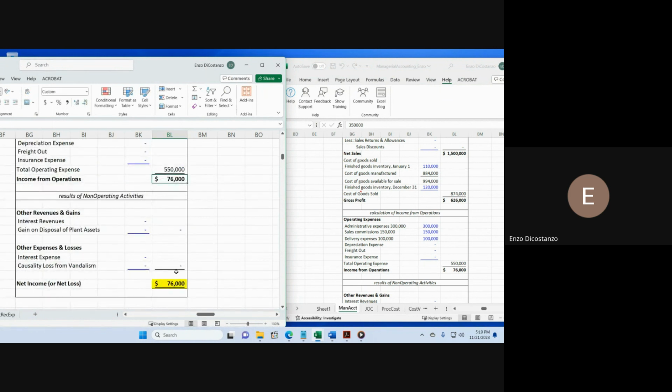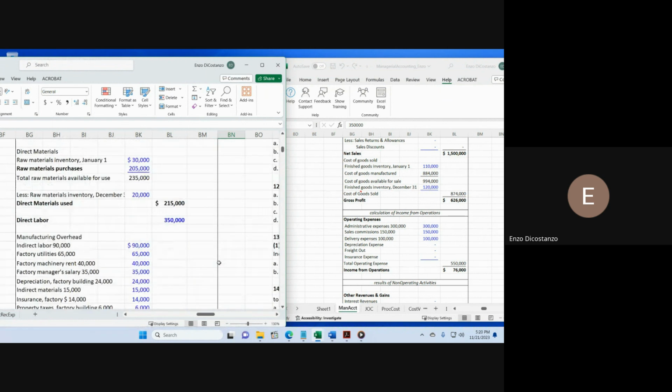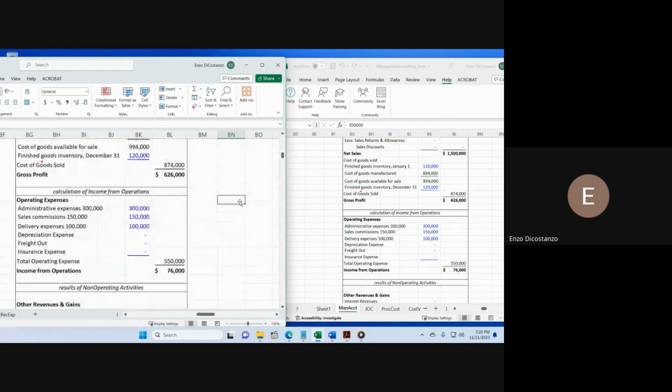The rest of these, those are the sums of the revenues. Those are the sums of the losses and expenses, of which we have none. So this is just that plus that plus that. Okay, gives you, again, net income 76,000. Okay, so the two tough pieces of this we took care of. Right, the cost of goods manufactured schedule, we took care of that.